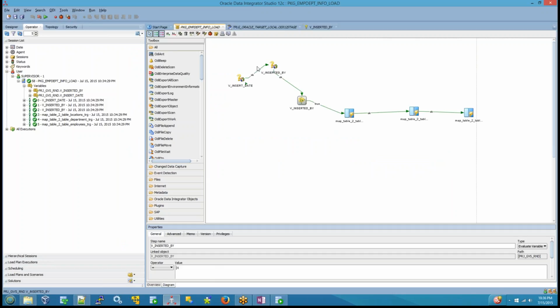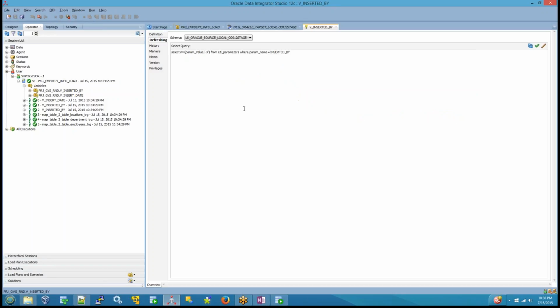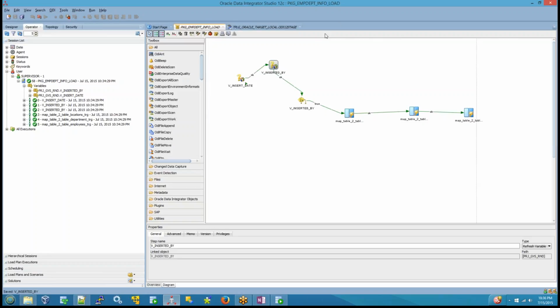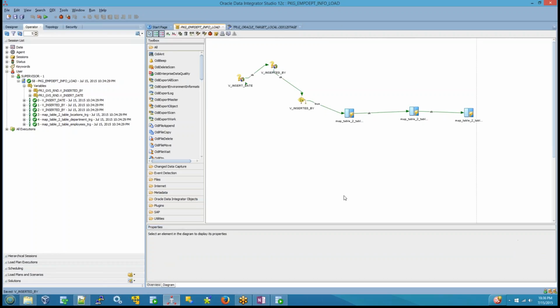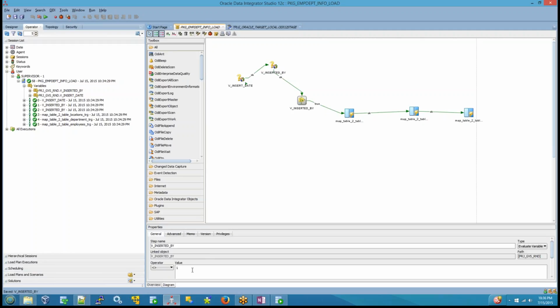Okay, let's see. It says 1. Let's make it 1. So here it's not equal to 1. That means if it is equal to 1, don't run anything. If it is not equal to 1, then go to here. If it is equal to 1,